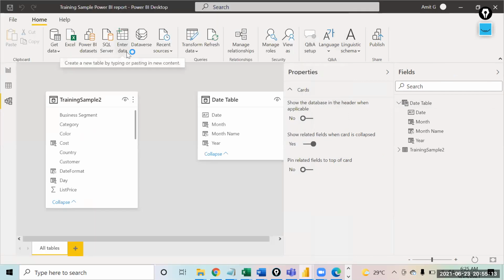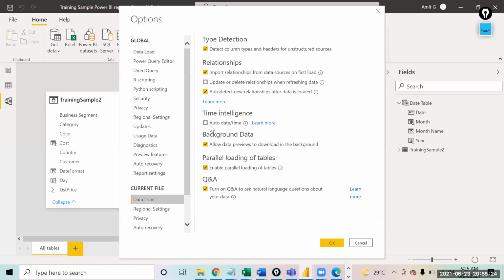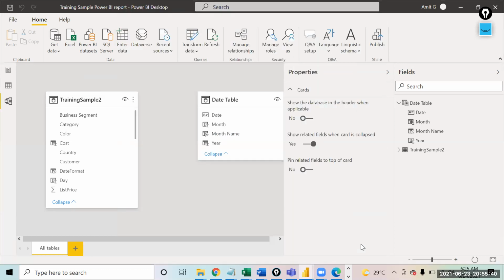We turned off this automatic date and time option. Basically, we know that whenever you have date fields in your data set, Power BI creates hidden date tables, so we do not want to create unnecessary date tables. So we unchecked it and we made our own date table over there, right? This is up till where we had done yesterday.